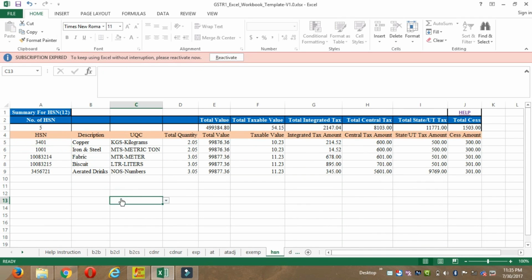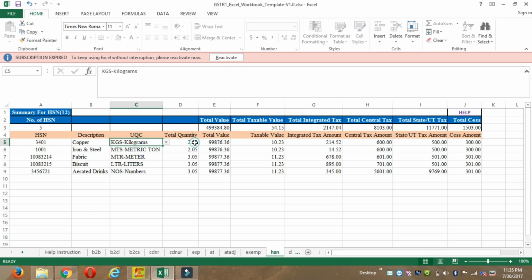Finally, friends, the details of the HSN code, line item wise, HSN code wise details we need to give as to whatever supplies you are making. So if you have 15 items which you are selling, and the HSN codes or the SAC codes are different for them, we need to mention the HSN code or the SAC code, the service tariff code starting with 99, and we need to mention the description of the goods, the quantity, the unit of measurement